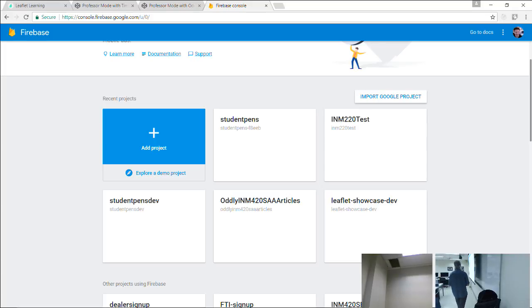Firebase is connected with Google now, so basically you need a Google account in order to use Firebase. But I think pretty much everybody has some Gmail account now. Once you're logged in, you're going to click on Add Project. So I'll do the same. I'm going to add a project.